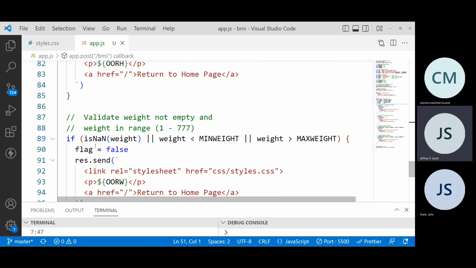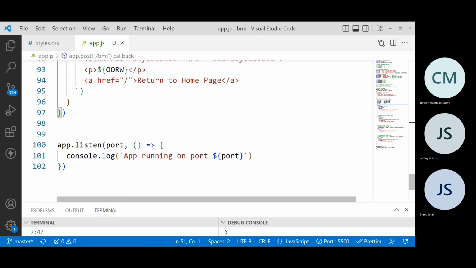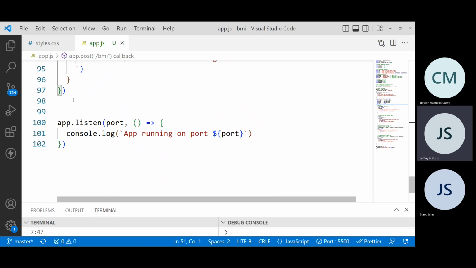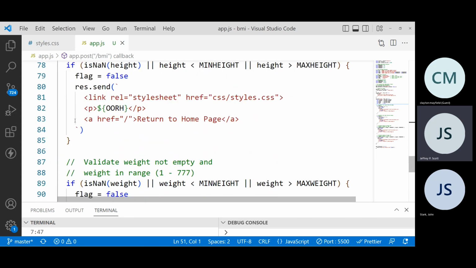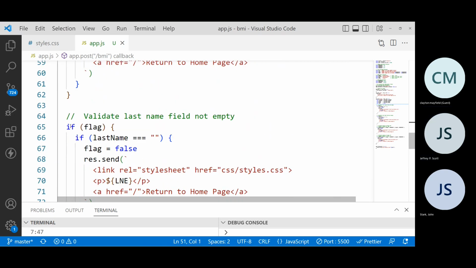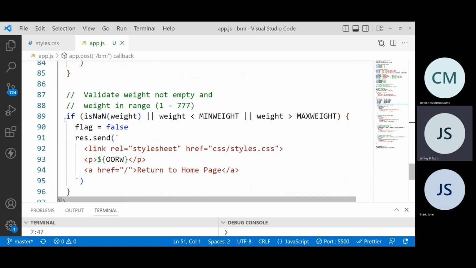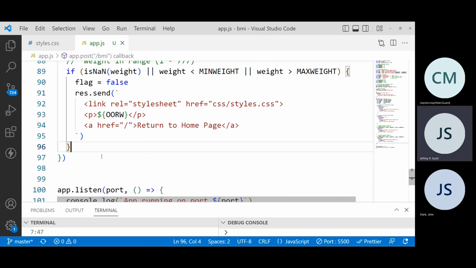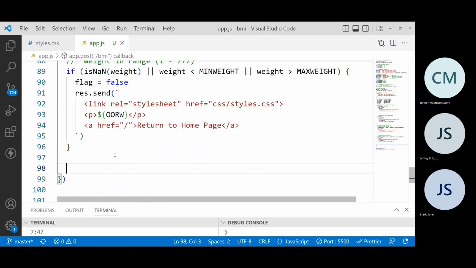Weight. It looks like I've changed them all. All right. This was our listen. So if we get down to here, if we've made it down this far, all right, we're still in our app.post right here. So after that if statement, I'm going to go and add a couple more variables. So if we get to this point,